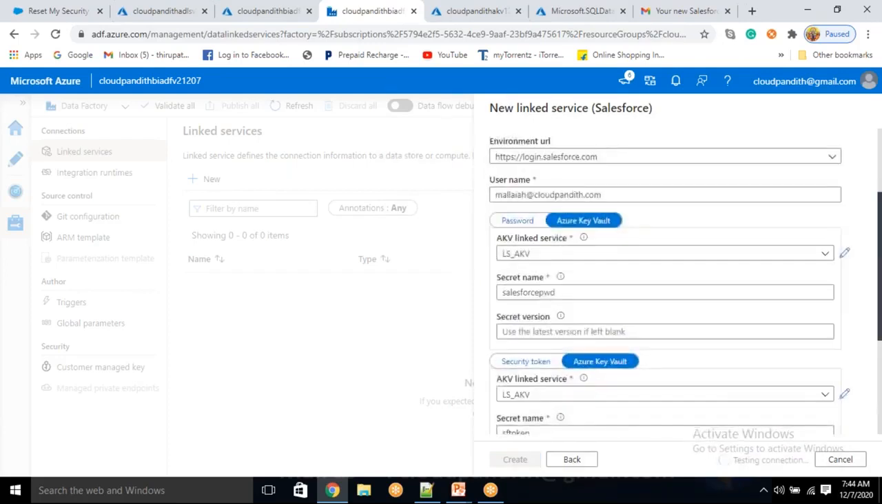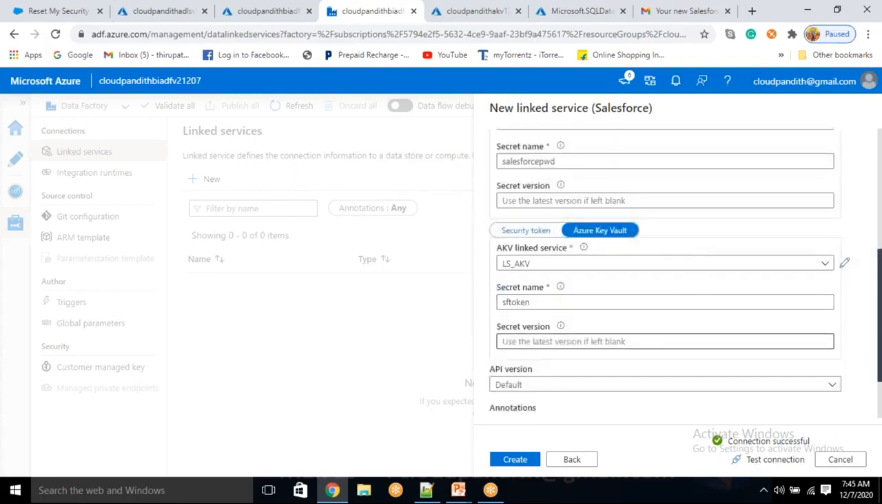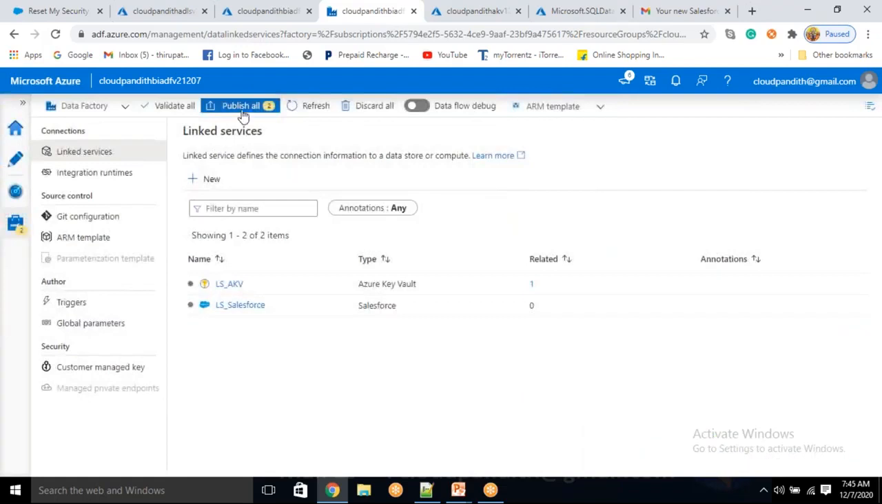You remember, friends, I mentioned multiple times username is very important. It should be something@companyname.com. So you need to give the proper username. So when I have given everything, the connection is successful. You can create it. Just try to publish,